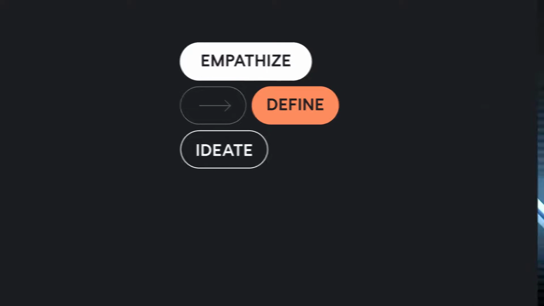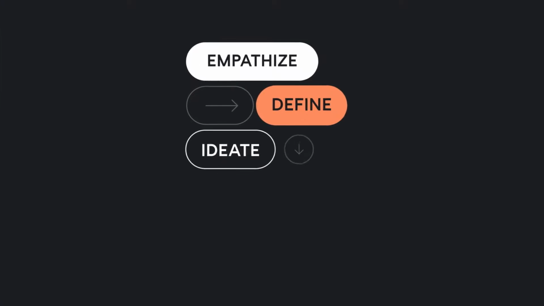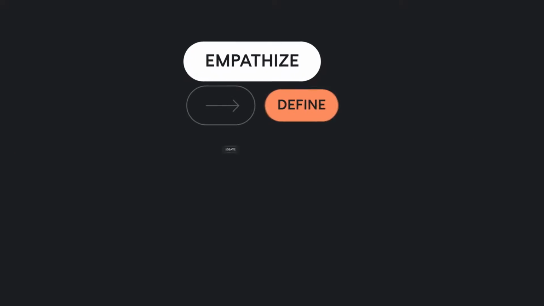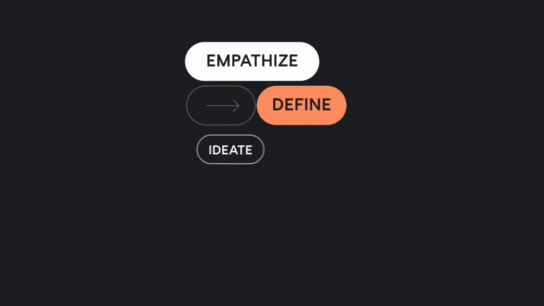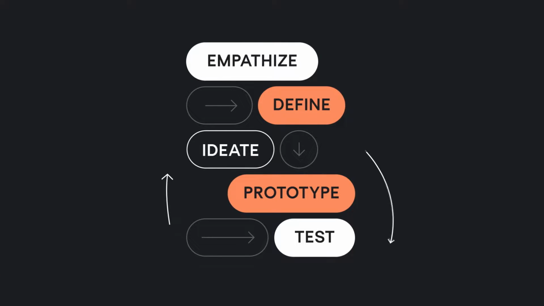Ideation phase. In this stage, you unleash your creativity and generate possible solutions to the problem. Prototyping. During this stage, you create a working prototype to embody your idea. Testing. You test your prototype to reveal what works and what doesn't. You can repeat the ideation, prototyping, and testing stages as much as needed until you find the creative and practical